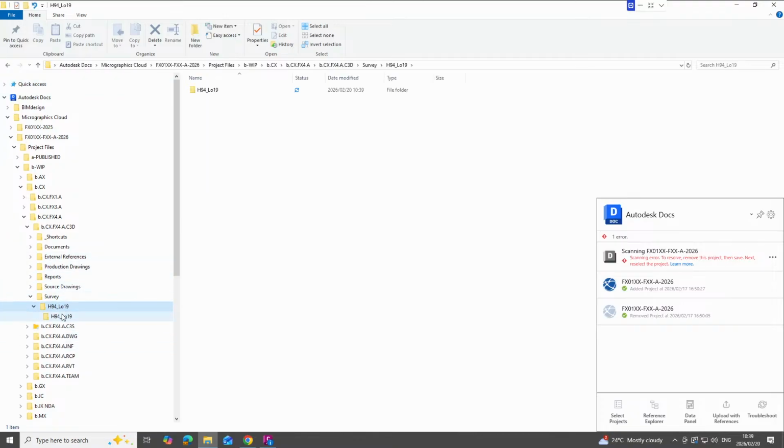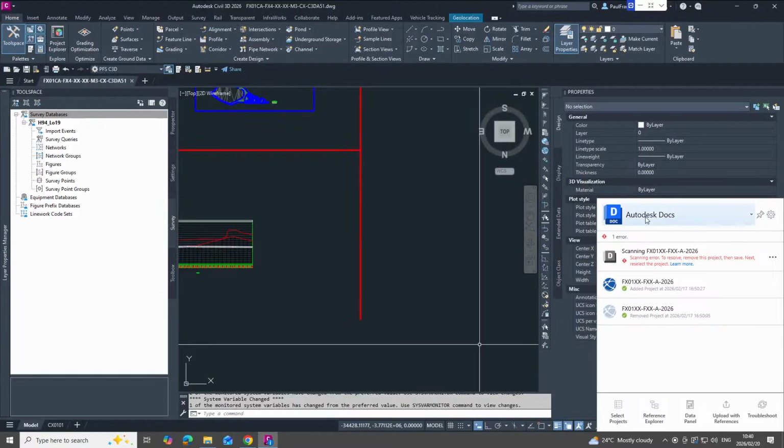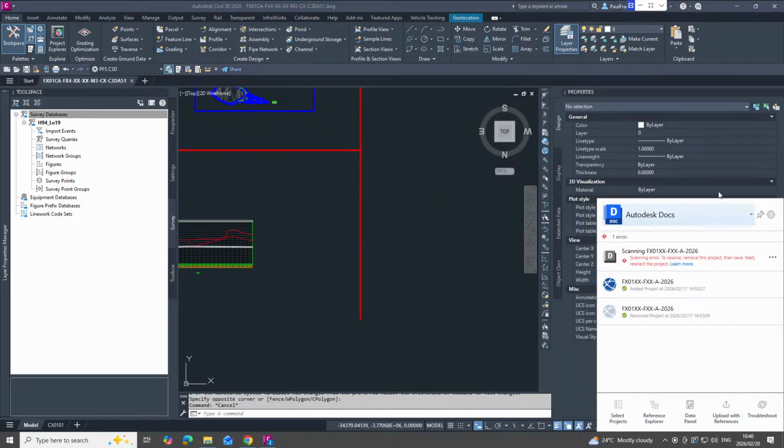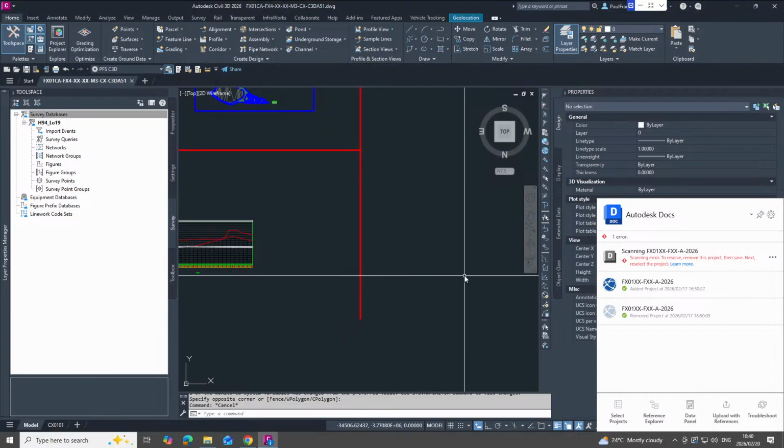So it's created the survey database within that Hartbees hook low 19. I was too deep there, so unfortunately that is a pity. But in any case, that's me making a mistake, and I just have to do that again just to get it into the correct folder. It's just there to show you that you can